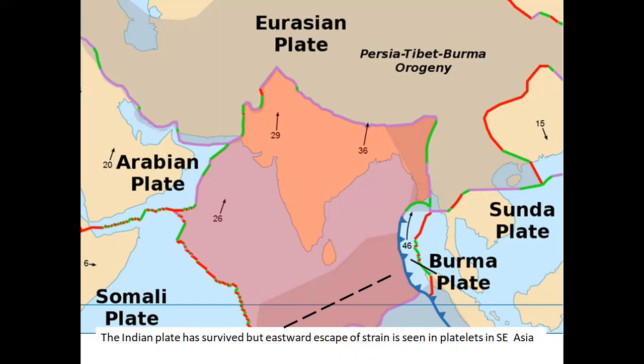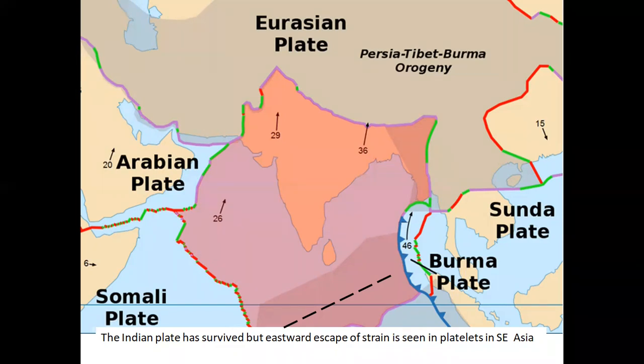Continent-to-continent collision for the last 20 million years or more has resulted in the high Himalayan mountains and the very elevated Tibetan Plateau. It's still shown as moving northwards at nearly 30 millimeters a year, which of course is largely resulting in uplift of the thin crustal regions of the Tibetan Plateau and Himalayas. Translation shown with